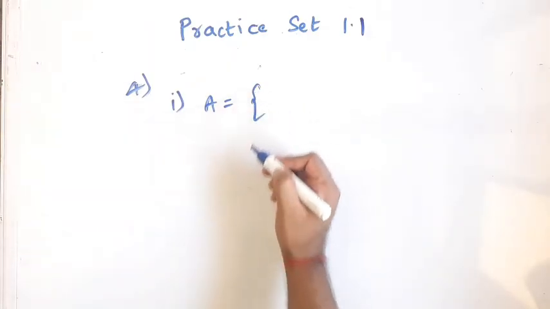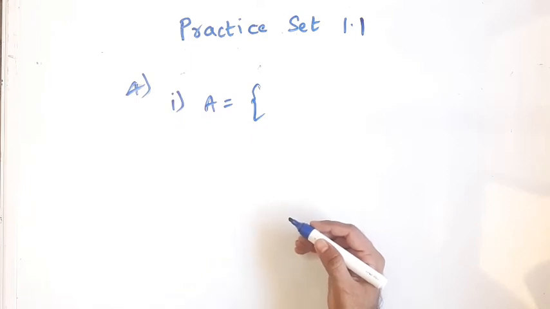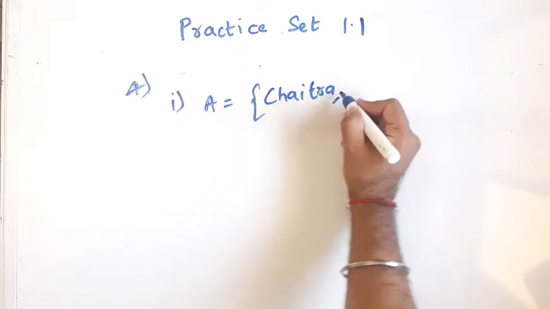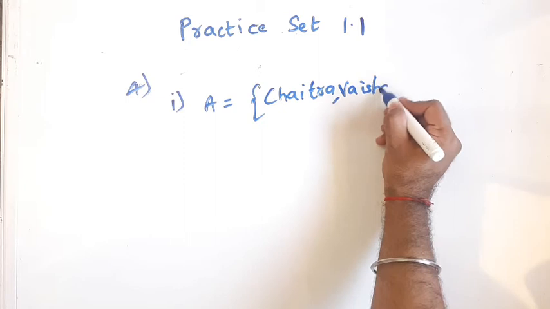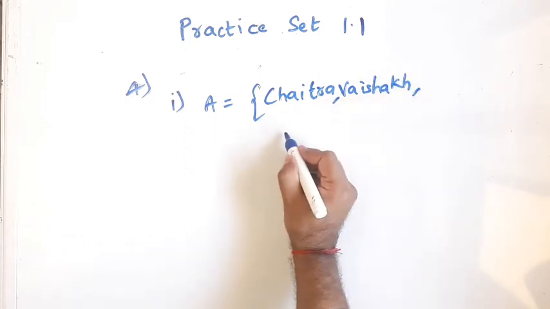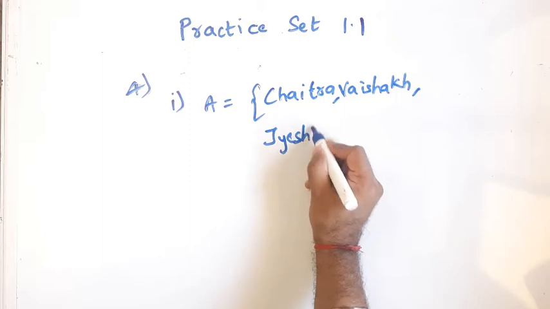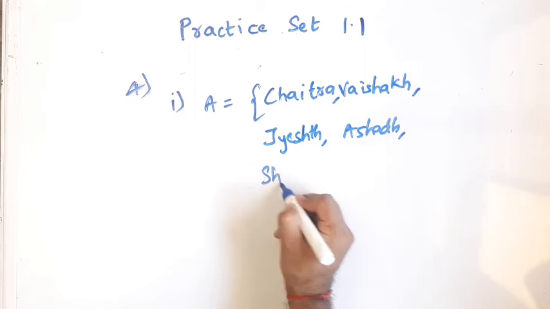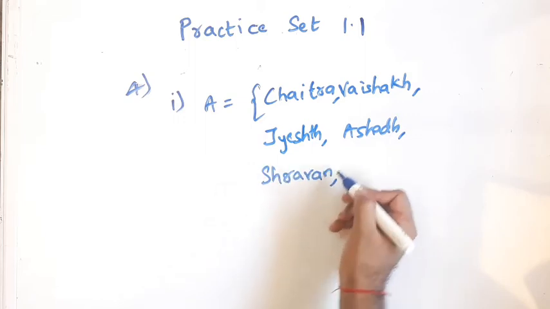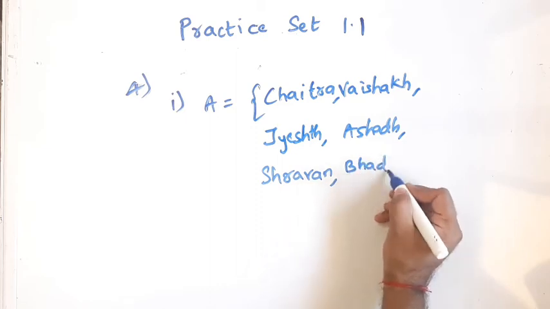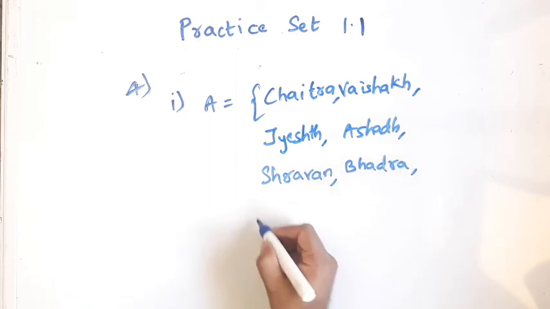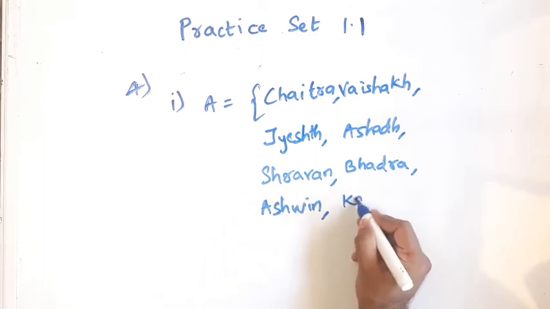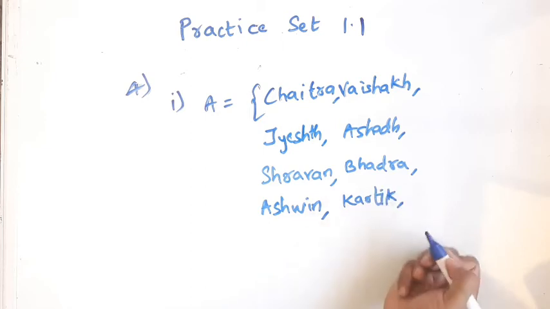So you have to write the months of Indian solar calendar. So we will write first is Chaitra, then it is Vaishakh, then it is Jyeshtha, then it is Ashadh, then it is Shravan, then it is Bhadrap, then it is Ashwin, then it is Kartik, then it is